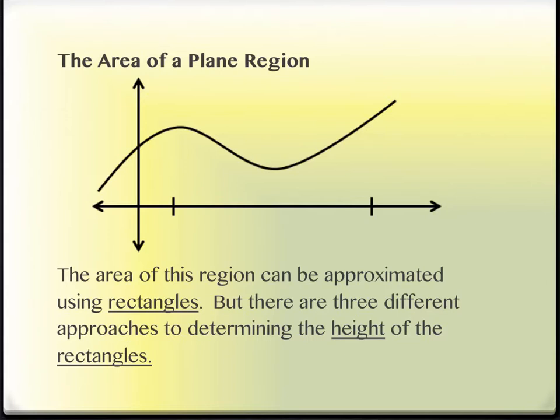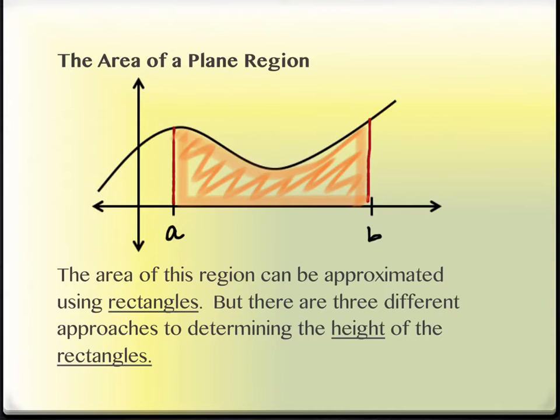Area. This is part of our connection of what we just did back into what we were going to be looking at. The next part's going to be next class period. The area of a plane region. The area of this region, that is from A to B, and if I were to mark off these pieces, like so, and shade it all in. This is the area it's talking about. The area of this region